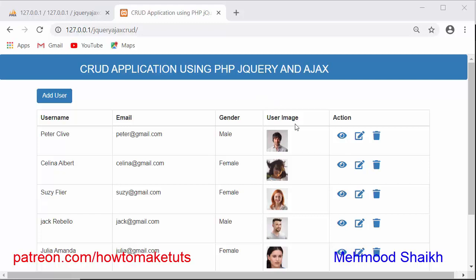I'm working on developing a CRUD application using PHP, jQuery and Ajax. In my last video I successfully managed to bring all the records from the database and displayed them on this web page. In this video I will design the functionality of viewing specific user